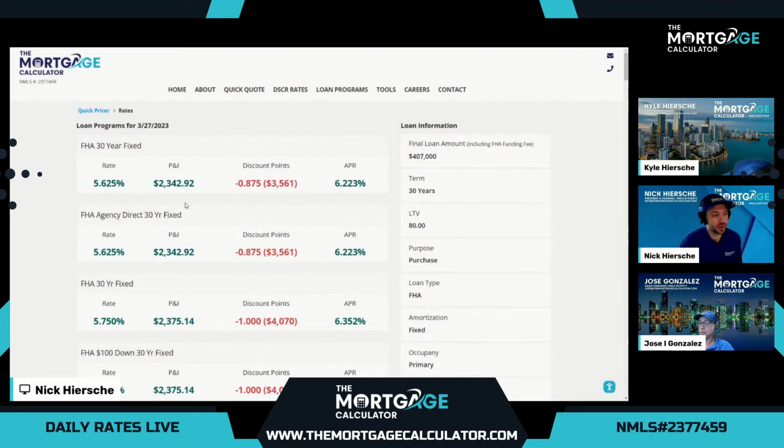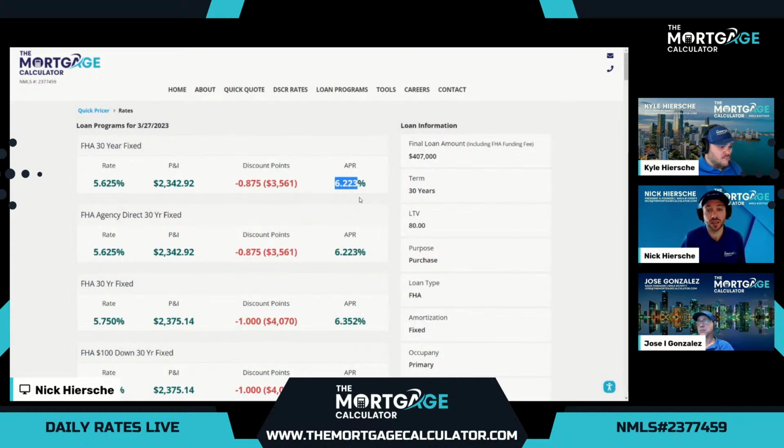So we'll see here, FHA again, pretty much the same as it was last week, which is low, which is good, right? So right now, the best option the computer found was a 5.625 rate for 0.875 in discount points and an APR of 6.223. Remember, there are additional costs for FHA. So while it does have a low rate, the APRs are a little bit higher. But remember, for conventional, we were at, I believe it was 6.6 something. Now we're at 6.223. So not very often, just recently, we've seen that FHA in this scenario is actually a